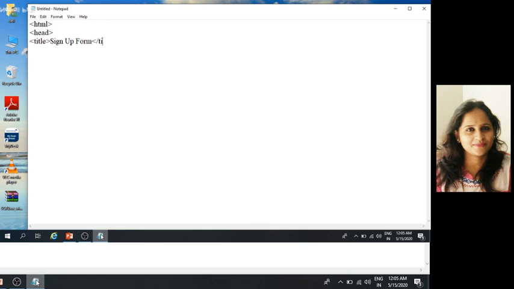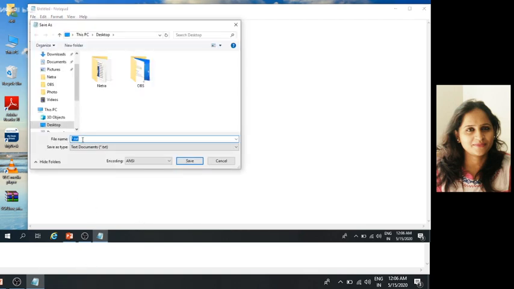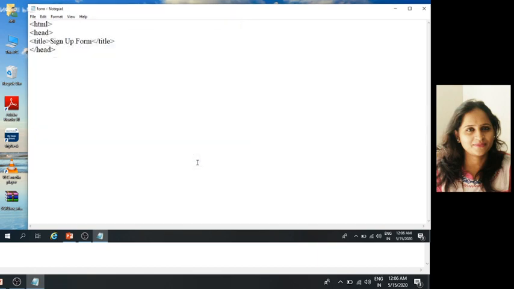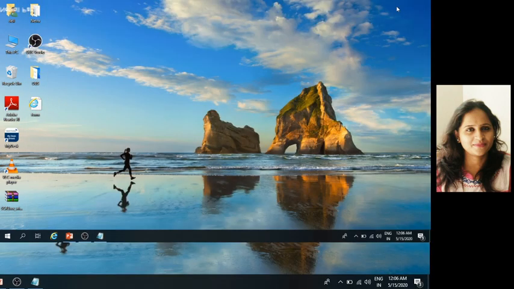So closing of the title tag and closing of the next tag. Go to File, select Save, let's name it form.html and save it.